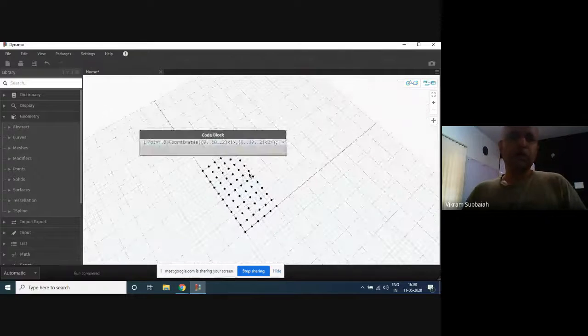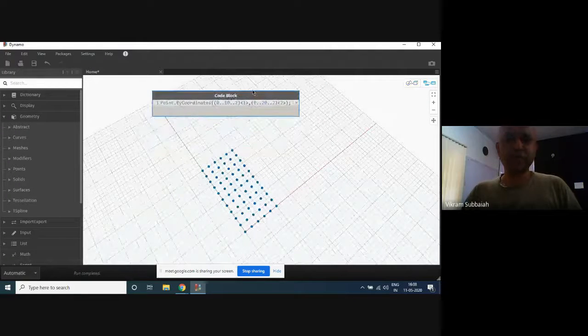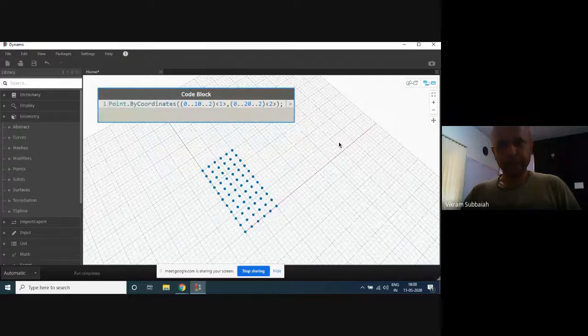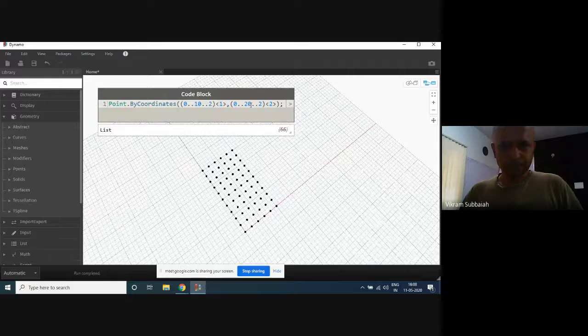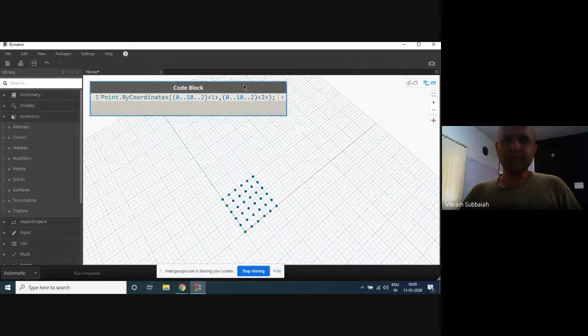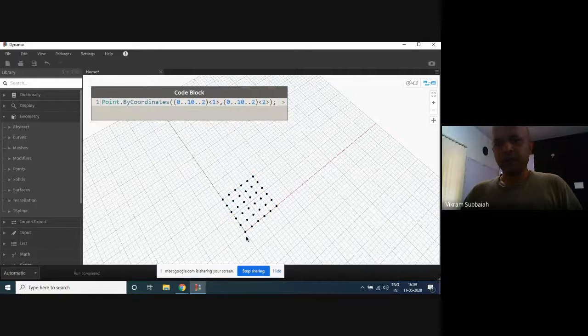Now, how do we distort this grid now? Let's first see if we can create the squares that we created. I mean, how do we group this quickly?